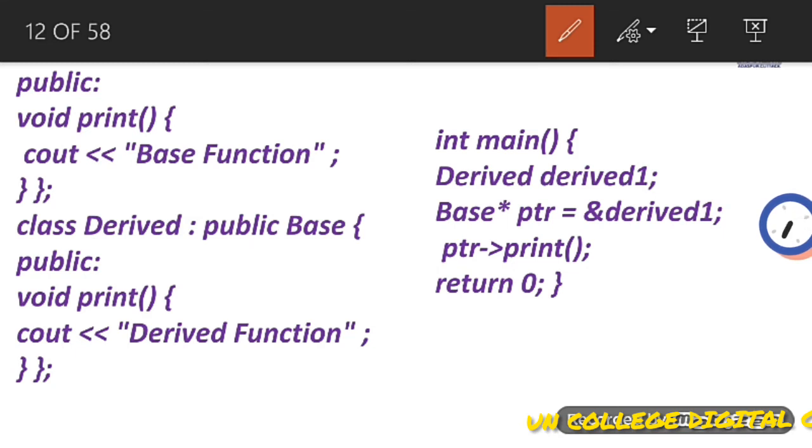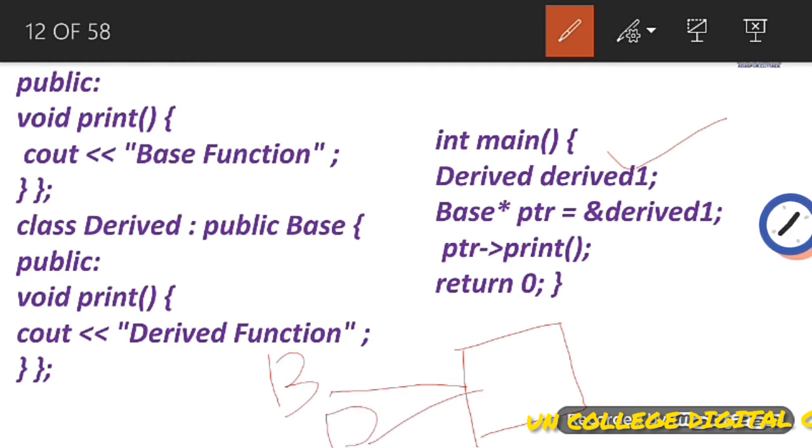Then when we are using derived one, it means that we are creating one object which can refer to both base and derived. It means that it contains all the properties of base and derived.